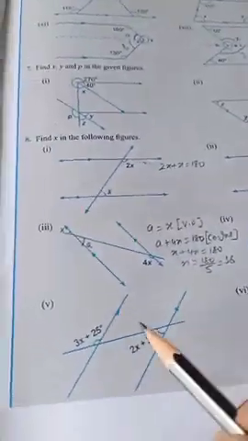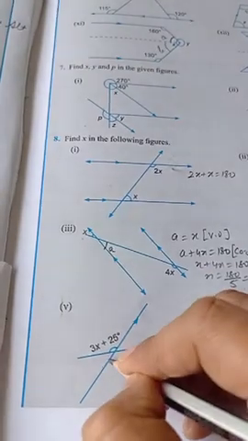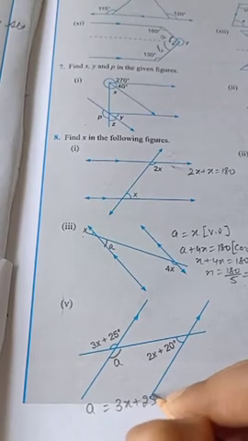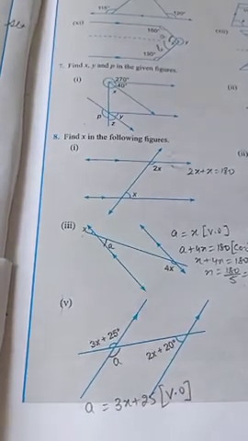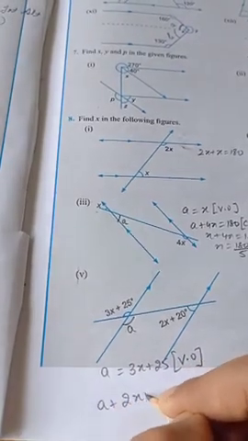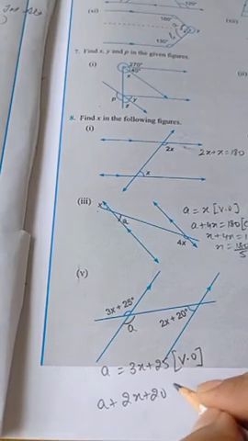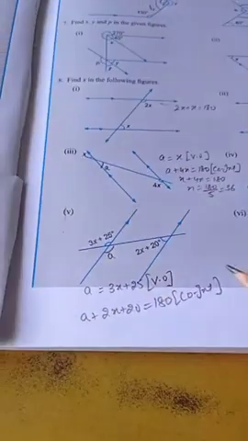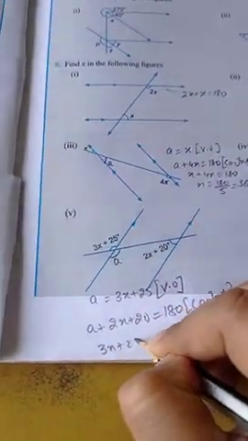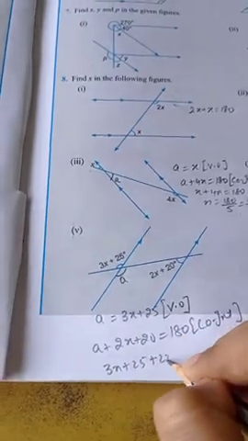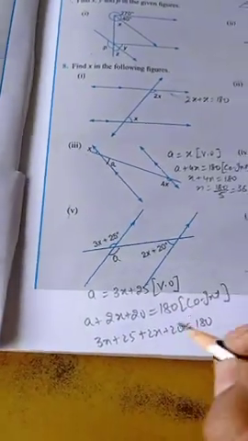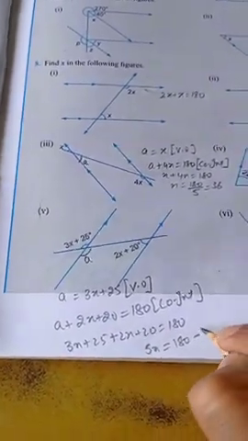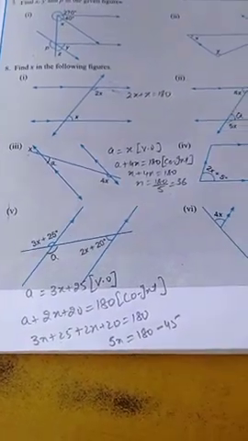Okay. Now in this question, this angle and this angle have no relation. So let this angle be angle A. So you can write angle A is equal to 3x plus 25. What is the reason? Vertically opposite. So we can write A plus 2x plus 20. What kind of angles are they? They are co-interior. So the sum will be equal to 180 degrees. So the value of A is 3x plus 25 plus 2x plus 20 is equal to 180. 3x plus 2x is 5x is equal to 180 minus 45, since 25 plus 20 is 45. So subtract it and find the value of x from here.